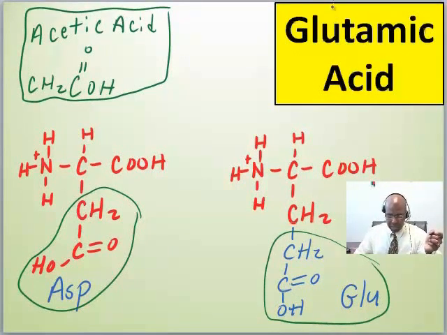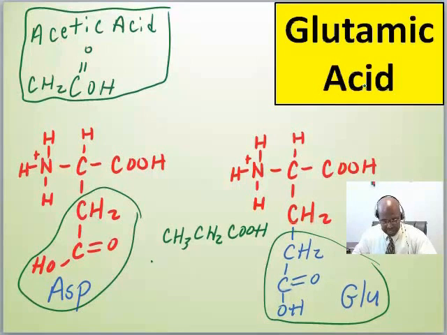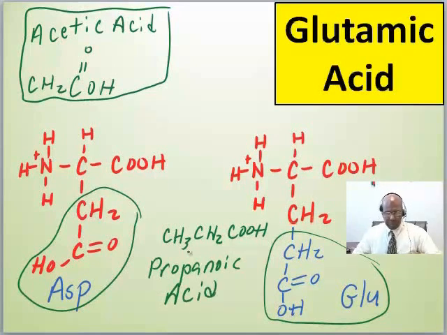I'm going to actually get rid of, well, I can put it right here. It's going to be CH3, CH2, COOH. This is propanoic acid. So when you aminate acetic acid, you get acetamide. When you aminate propanoic acid, you get propanamide. And those are the next 4 amino acids: